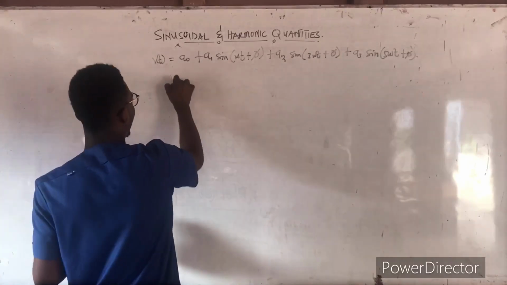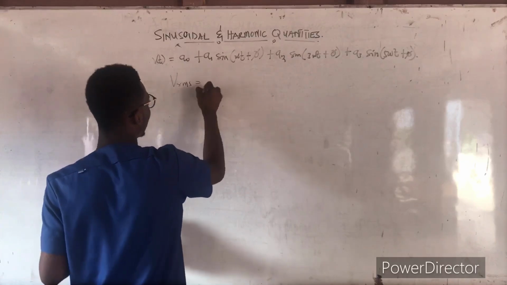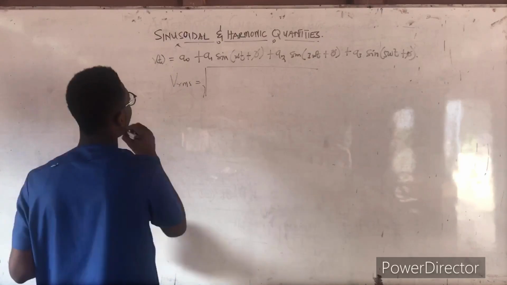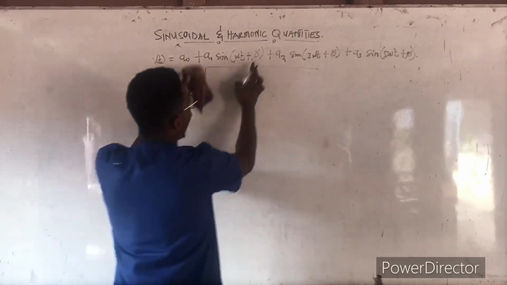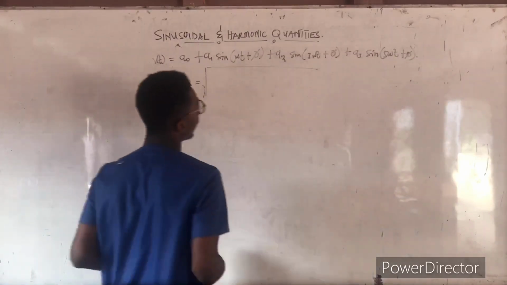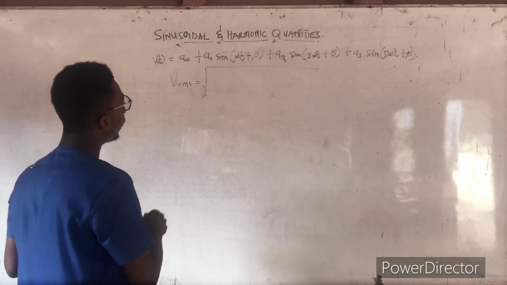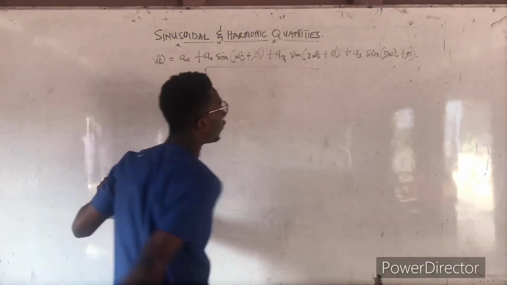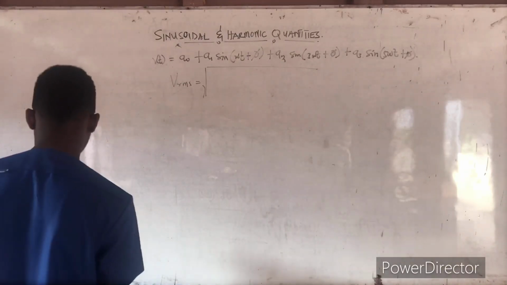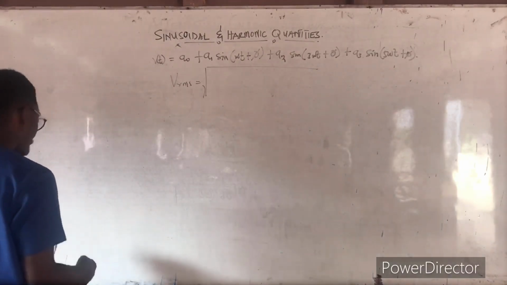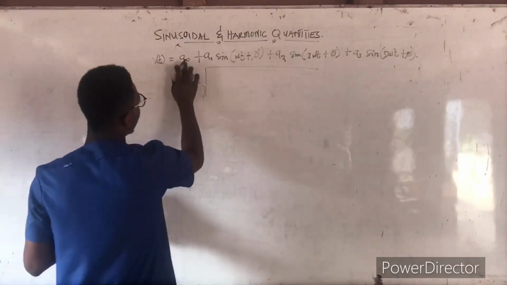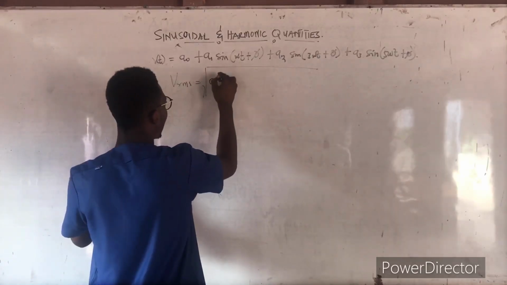then the root mean square, the V RMS, will simply become the square root of the sum of their squared RMS values. Each term of them is a sinusoidal quantity, so you have to find the V RMS of each sinusoidal quantity, and upon doing so, you will be able to find their total RMS value. To do that, this should be squared. So the RMS value here is A0 squared,